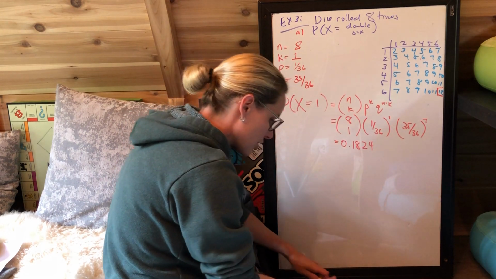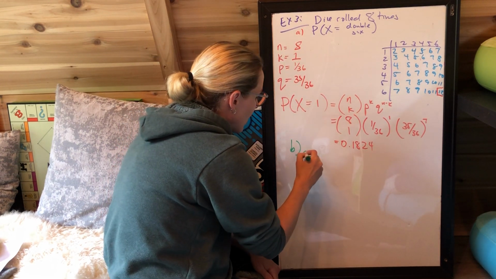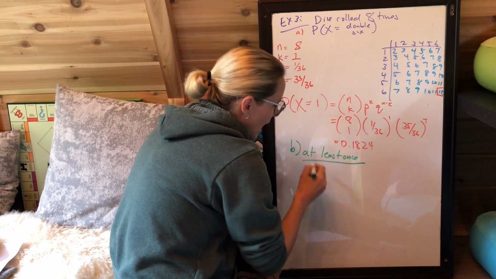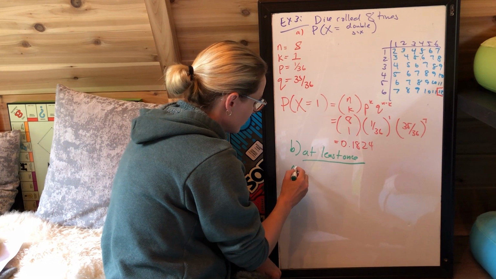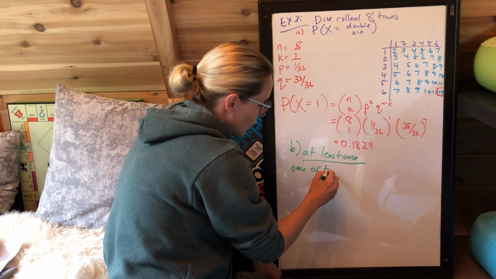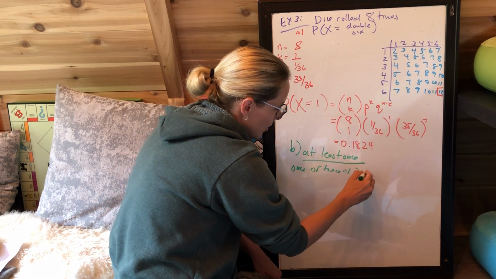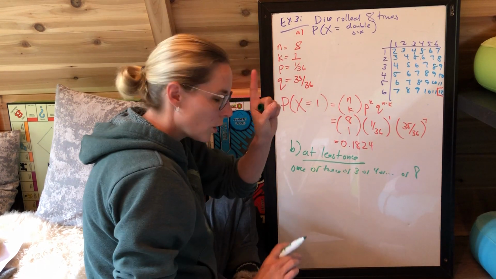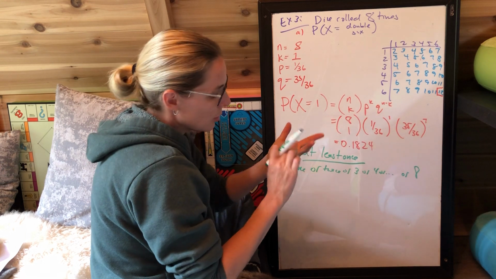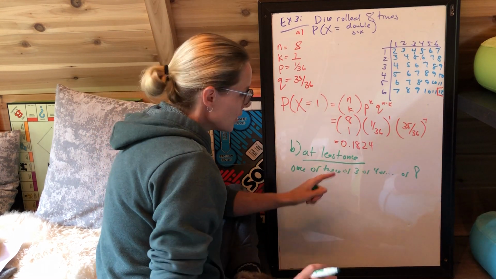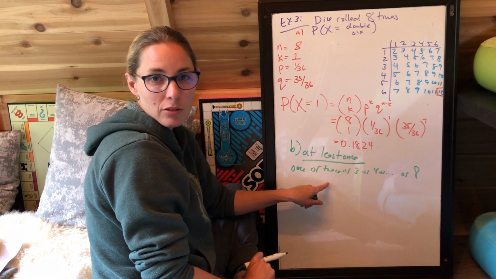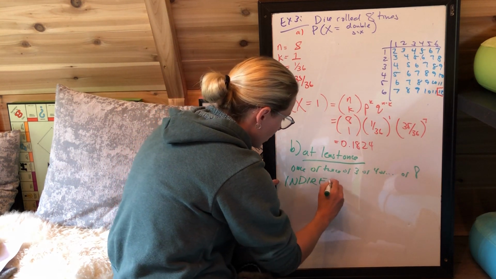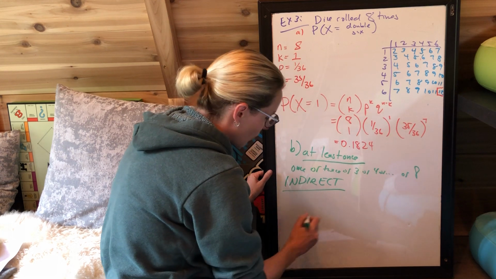Part B of the question says, find the probability you get it at least once. At least once means you get it once, or twice, or 3 times, or 4, or all the way up to 8 times. So you can get 1, 2, 3, 4, 5, 6, 7, 8. You would have to do 8 calculations to do it the direct method. Or you have to go back to the indirect method, which you will remember